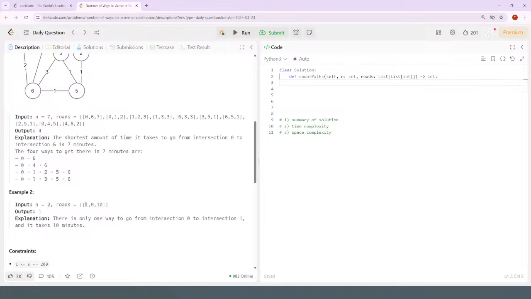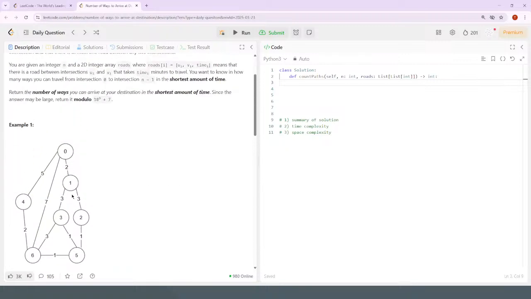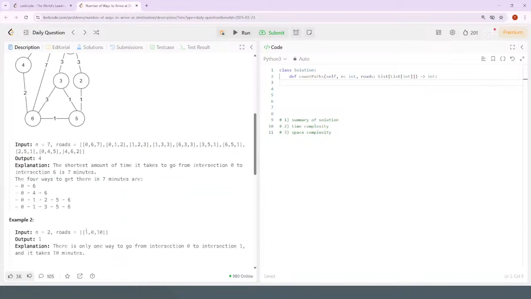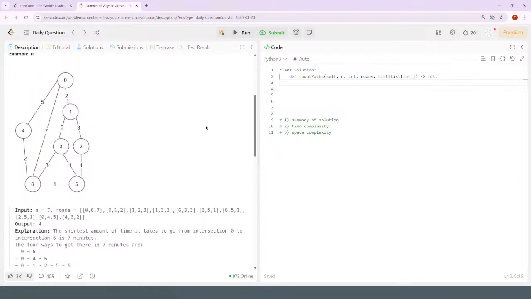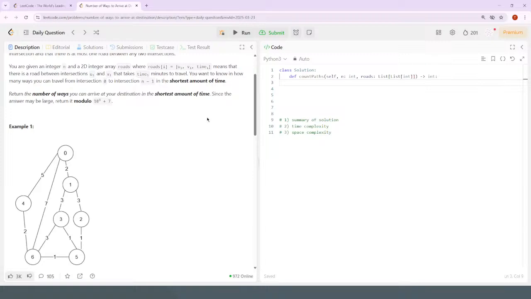And then here, the road is just from 0 to 1, and there's 2 nodes, so it takes 10 minutes. The shortest amount of time is 10 minutes, and the number of ways to get there is 1. Okay. Alright, I think this is going to be